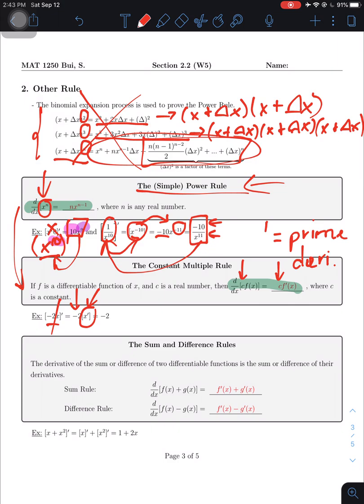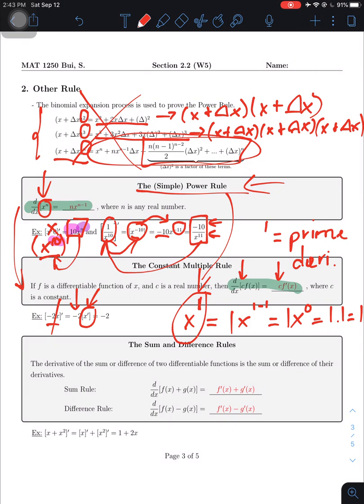And x in here is actually x to the first power, right? And we're going to use the simple power rule in here. First of all, we put the power in front, which is 1, and then up here we're going to do 1 minus 1, which is 0. So we're going to get 1 times x to the 0. And if you remember from the past, anything to the power of 0 is 1, right? So we're going to get 1 times 1, which is 1, right? So x to the first power, x prime, the derivative of x